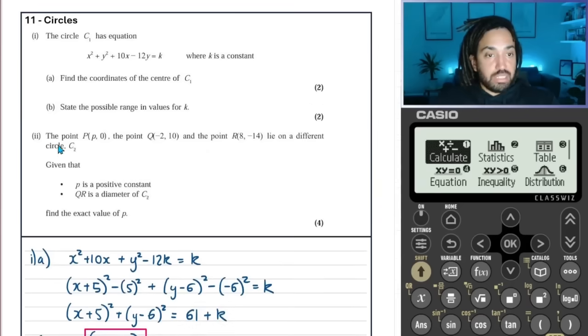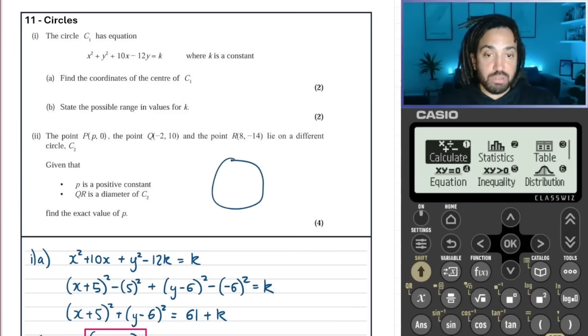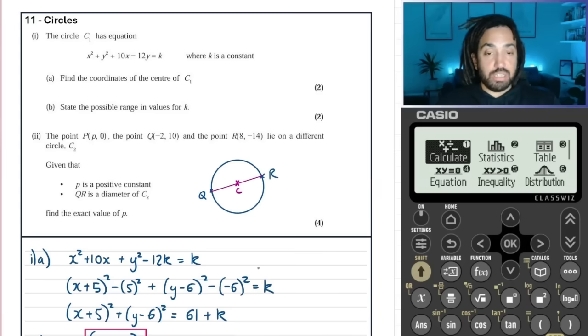Okay, next, it says that the point P, 0, and the point Q, minus 2, 10, and the point R, 18, minus 14, lie on a different circle, C2. We know that P is positive and that QR is the diameter. Find the exact value of P. Well, let's say we have this other circle, and we know Q, and we know R, and we know that it is the diameter. It means that we can then work out the midpoint, which will tell us the center of that circle,